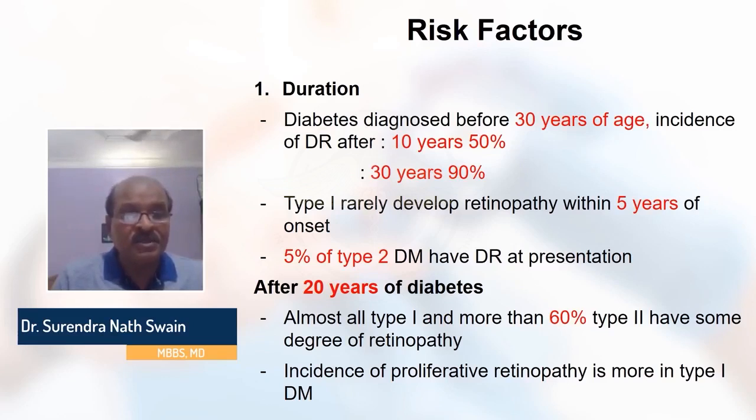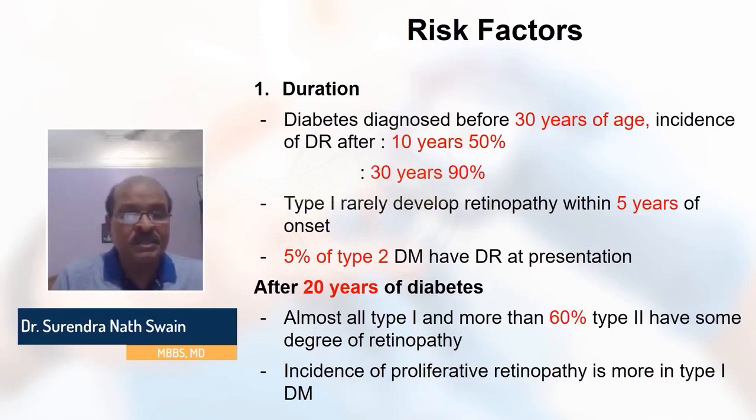Type 1 rarely develops retinopathy within 5 years of onset. 5% of type 2 diabetes patients have diabetic retinopathy at presentation, so any type 2 patient should be routinely examined by an ophthalmologist on diagnosis, but not in a type 1 case, because in type 1 retinopathy develops after 5 years of onset. But sometimes in type 2 diabetes mellitus, the patient presents late to the doctor,